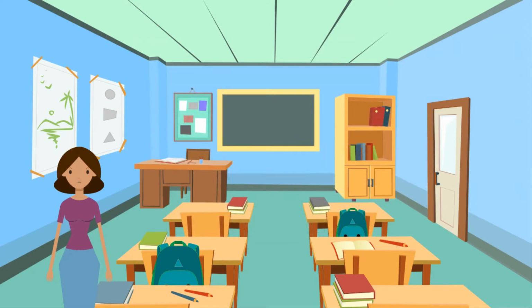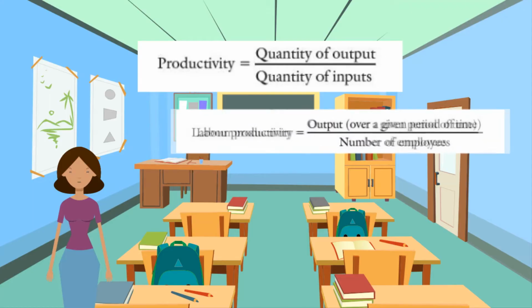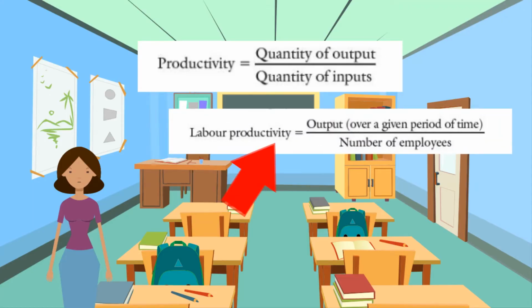Now let's look at productivity. Productivity is a measure of the efficiency of inputs used in the production process over a period of time. It is the output measured against the inputs used to produce it. The formula is productivity equals the quantity of outputs divided by the quantity of inputs. Businesses often measure labor productivity to see how efficient their employees are in producing output. The formula for it is: